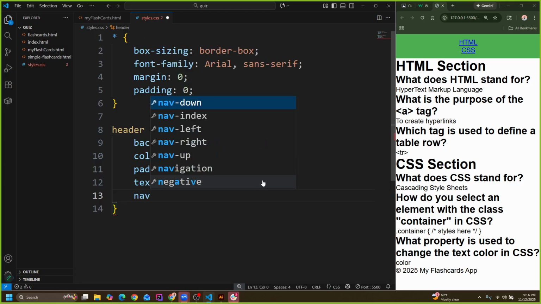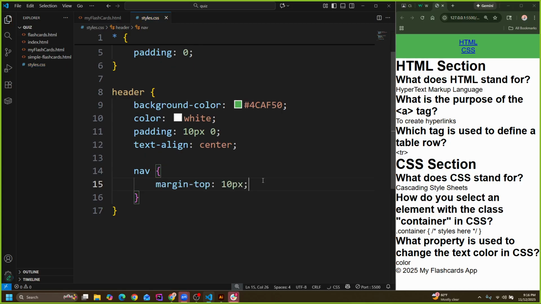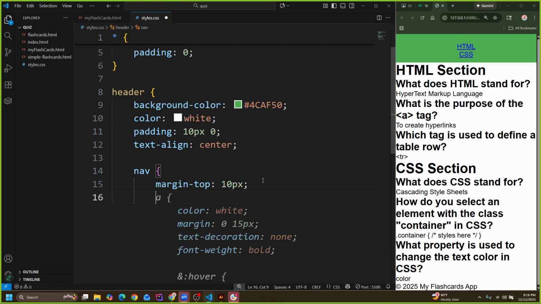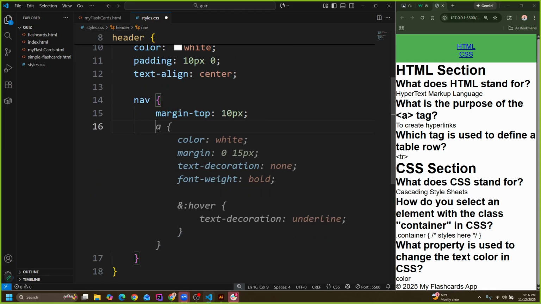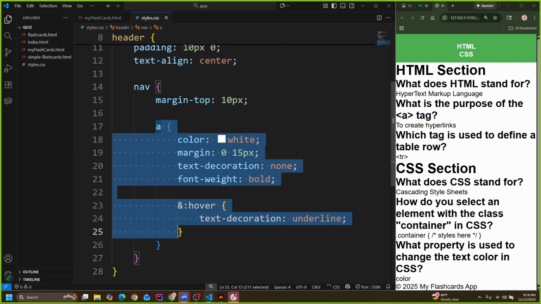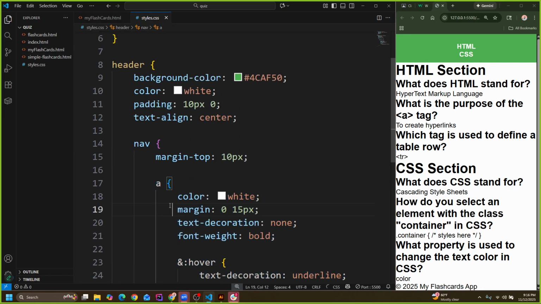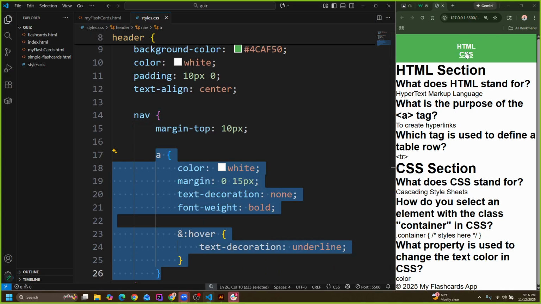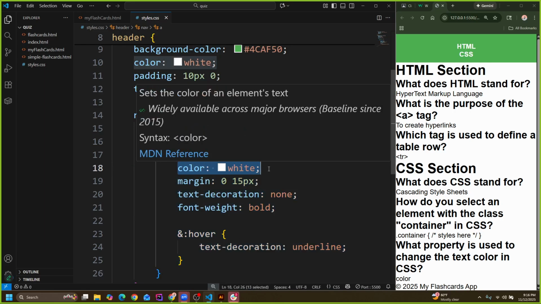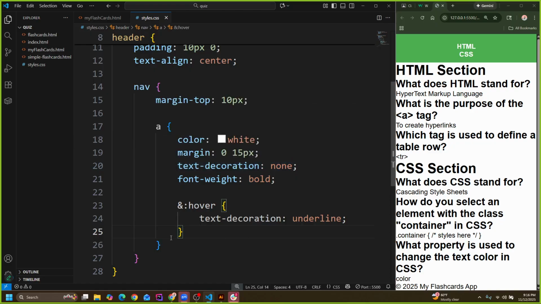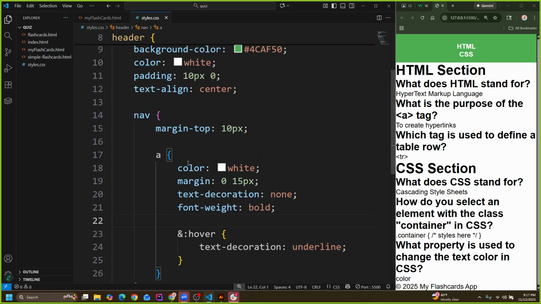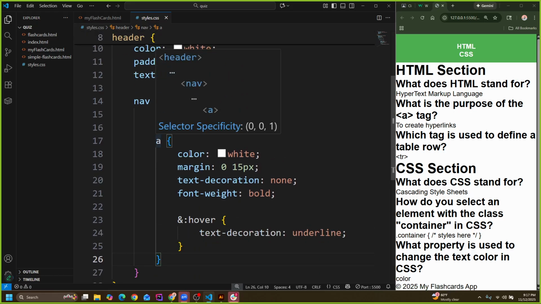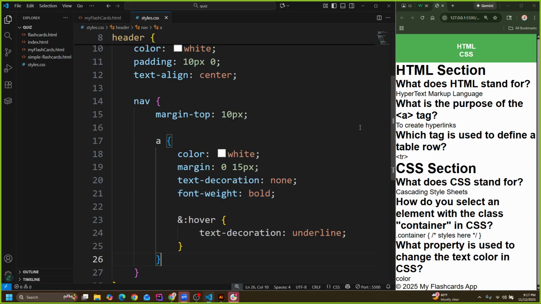We have a nav in there, so let me give that nav its own styles. Then we could target the nav link. So now this A, specifically A inside the nav, inside the header, that will override the font color of the link. We added an on hover text decoration underline, so we could keep that. And